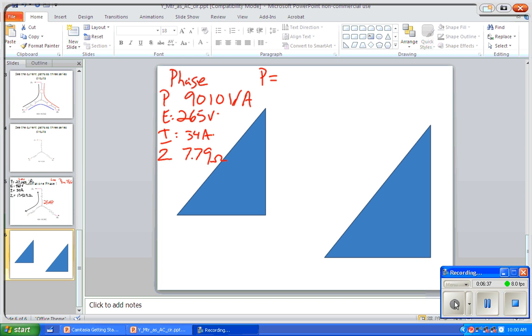Now we want to talk about our phase angle. Where could we get our phase angle from? When we did it before, we found that our total apparent power was 27,089, is that right? Yes. Okay, that was a total apparent power, right? And we also found our total true power, which I think